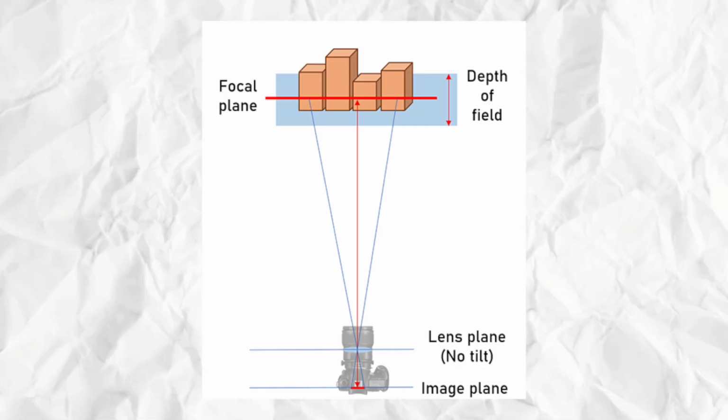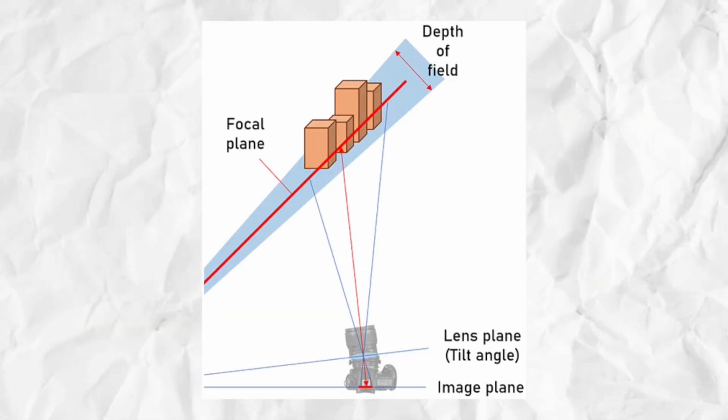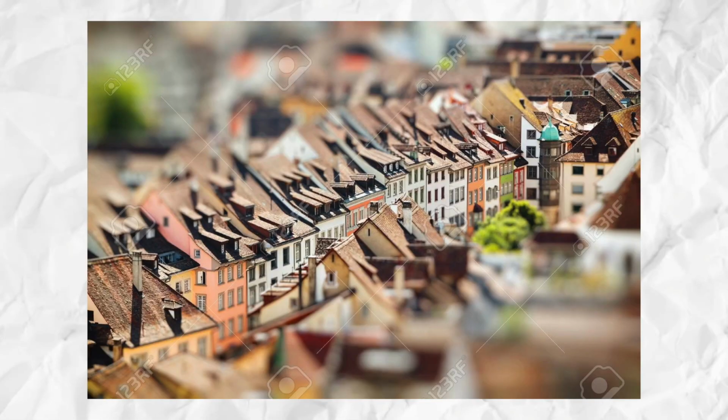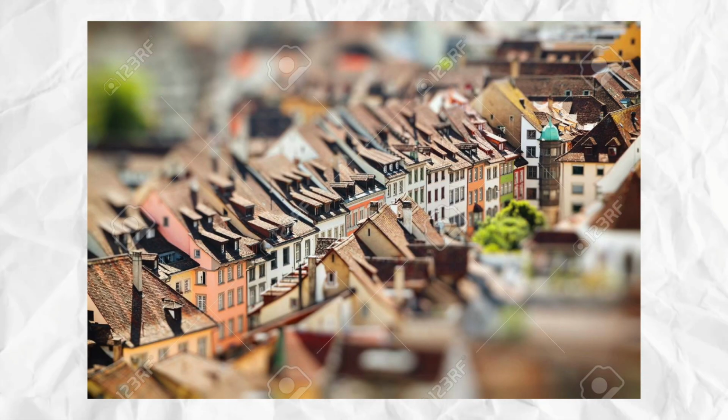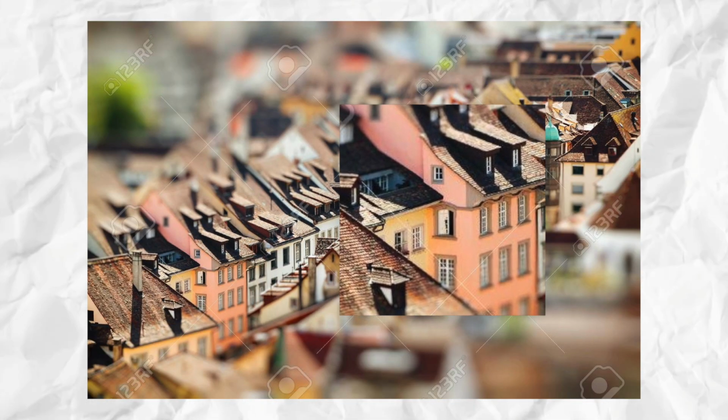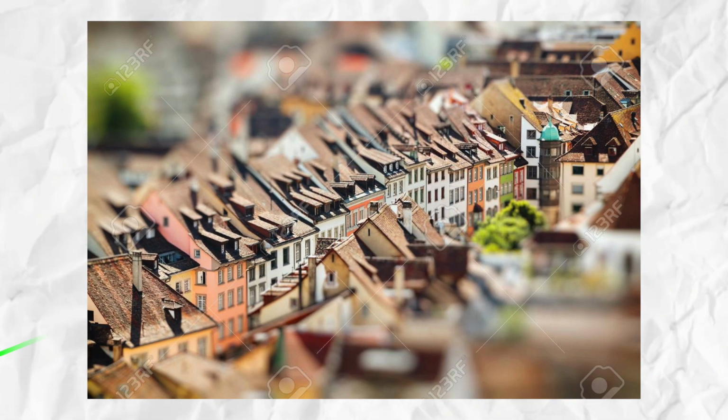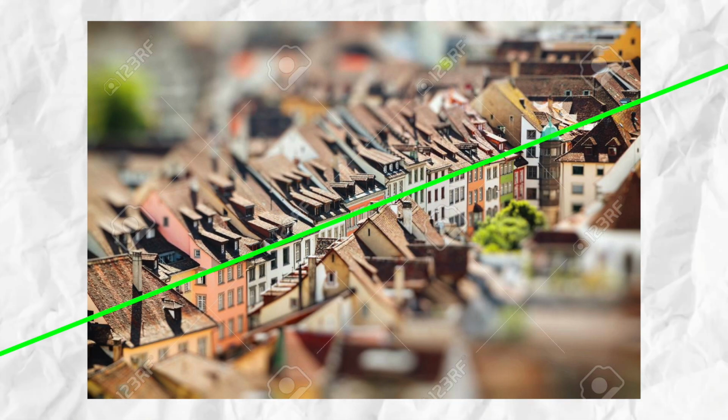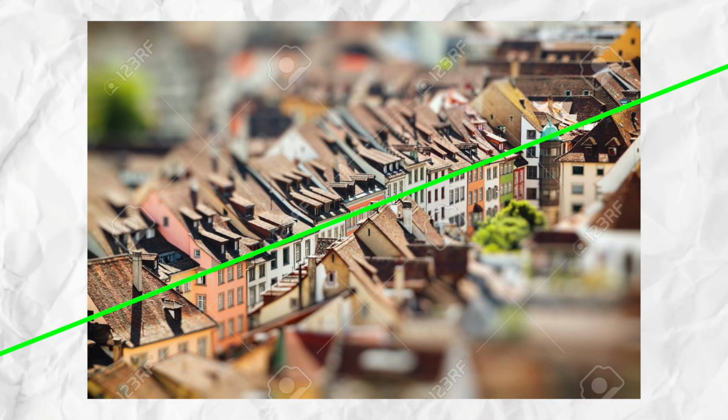This is changing the plane of focus, both the angle of the plane and its offset. If we take this image of some houses in Switzerland, the leftmost house in the row is in focus, and so is every other house in the row. This isn't what it looks like with a normal focal plane, this is what it looks like when the focal